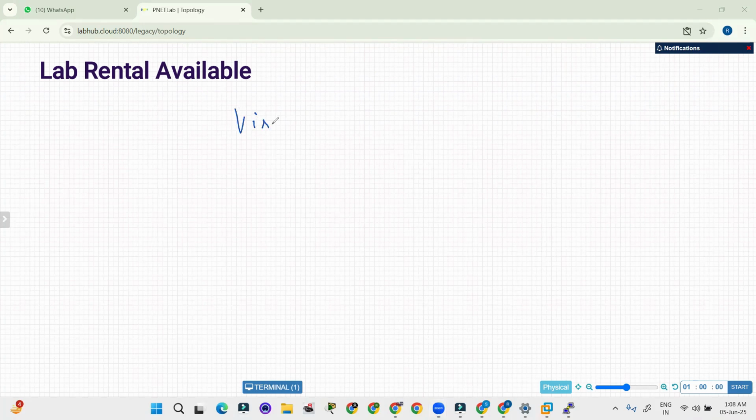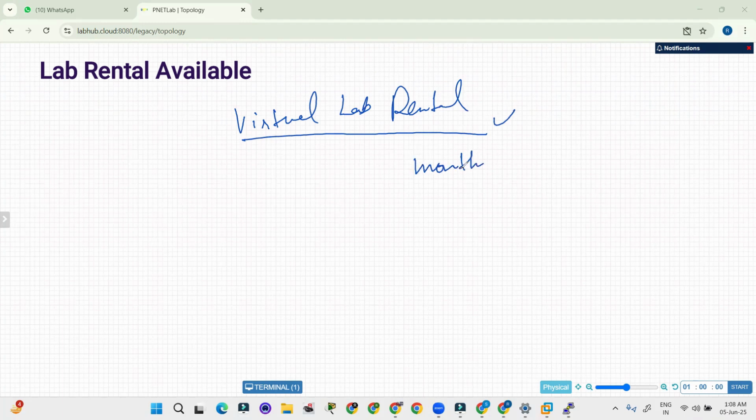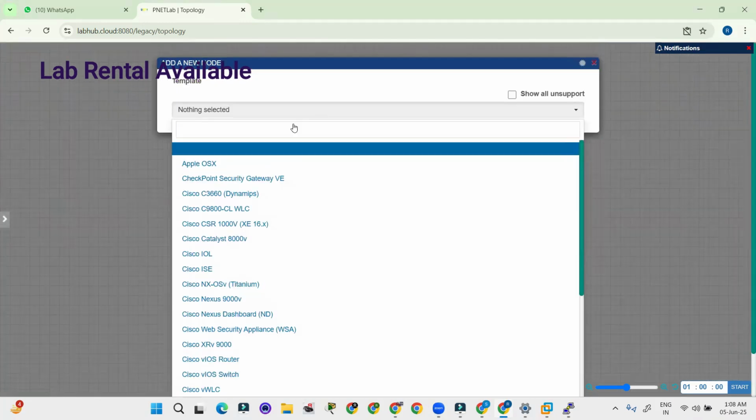This is the virtual lab rental provided by us. You can rent this lab monthly. A monthly charge is there. In this lab, we are going to provide all the networking devices